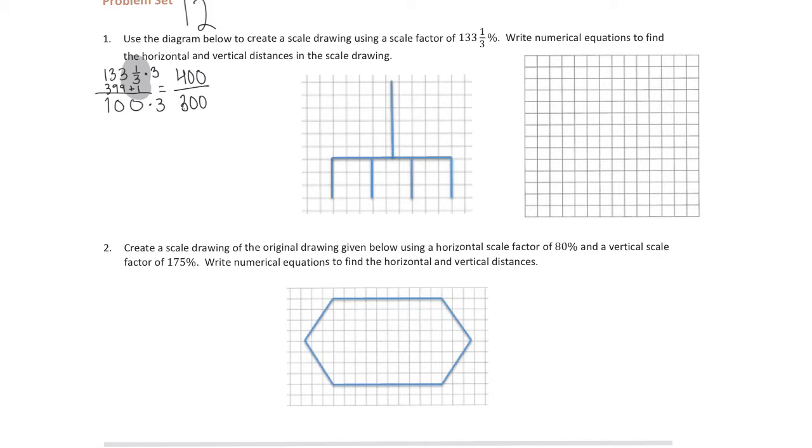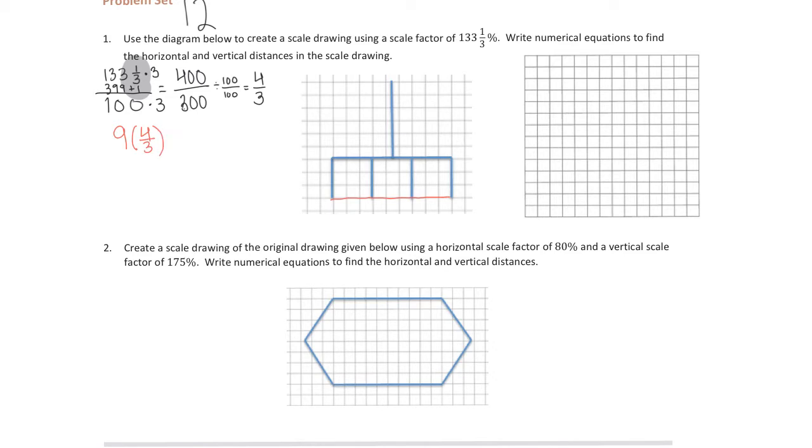Now, to find our scale factor, we can still simplify 400 and 300 by 100. And so this is going to give us 4/3. Now we want to find the horizontal distance and the vertical distance. So for our horizontal distance here, we have 1, 2, 3, 4, 5, 6, 7, 8, 9. So we're going to take our 9 and multiply it by